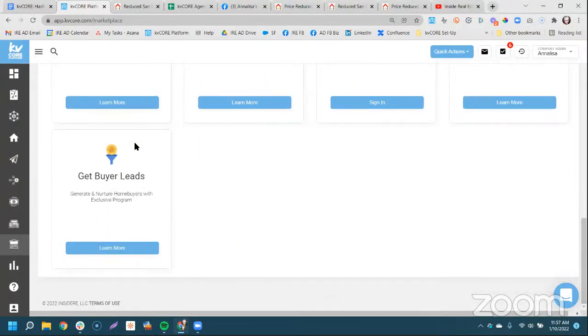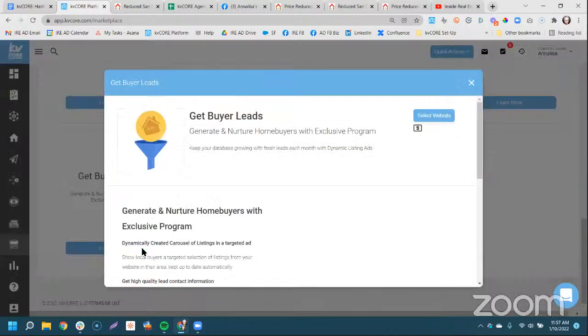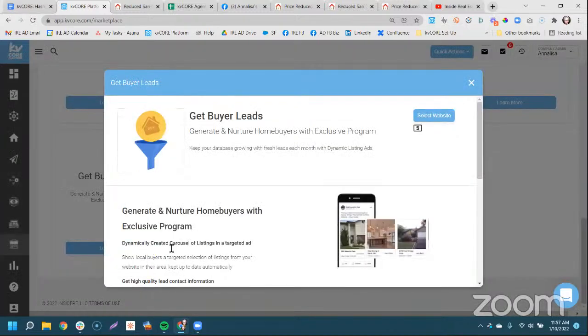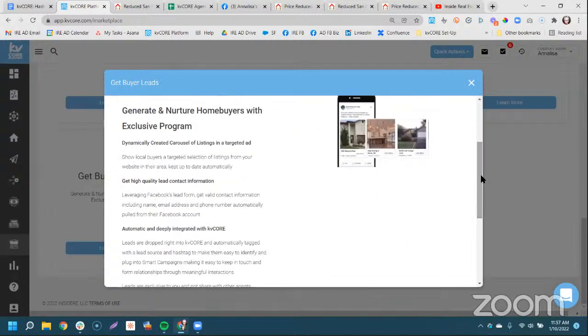And then also you have your get buyer leads. Similar to get seller, you purchase a specific area, and we don't sell that to anyone else within the kvCORE world, so that becomes your lead hub and your lead hub alone. All of these would be built in more to have that lead form information, where we're pulling information automatically from Facebook, which is normally the first name, last name, email, phone number, and address if they have it available.